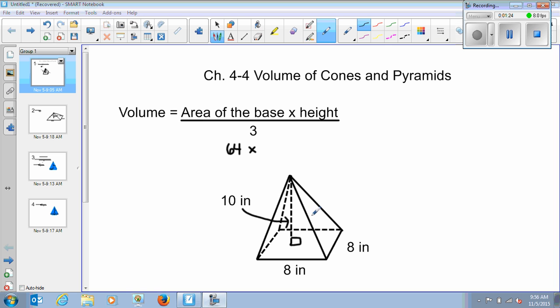Now I'm going to multiply it by the height of this figure. This pyramid happens to have a height here that I can see from the top of the pyramid down to the middle at a 90-degree angle. I can see that the height of this is 10 inches. So I'm going to do the area of the base, which was 64, times the height of the pyramid, which is 10. And then the last step is we're going to divide it by 3. Now some people would think to divide by 2, but actually you can fit the amount of volume of 3 pyramids into a rectangular prism that was the same size. So we do 64 times 10, which is 640. And then we take that number and we divide by 3, which ends up equaling